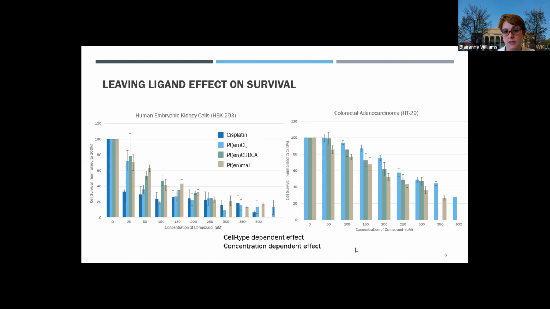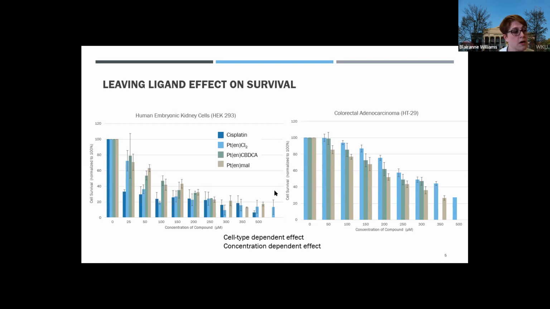So we have this concentration-dependent and cell type-dependent effect. What we don't see here is a distinct difference in the leaving ligand and its effect on the cells. There might be some at these lower concentrations. We can see that cisplatin and platinum EN chloride have some similarities here that are different from the others, but it's not something that we see